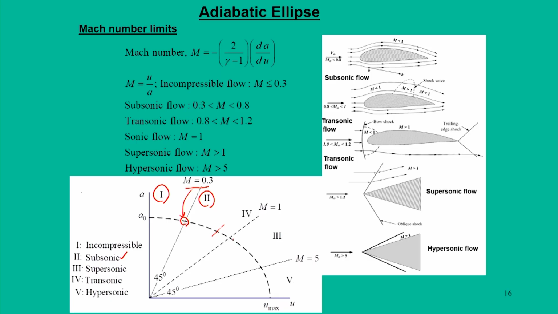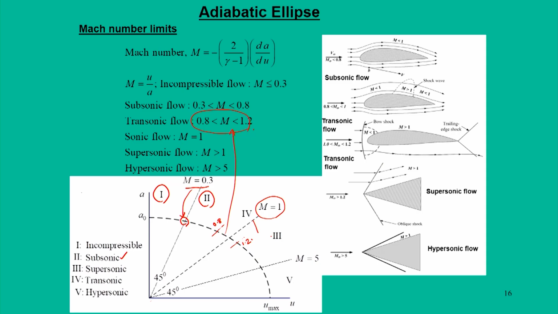Between 0.8 and 1.2 we encounter the transonic flow, and the line drawn at 45 degrees represents the location where you have sonic flow, or Mach number 1. Now, if you are moving further, that is entering